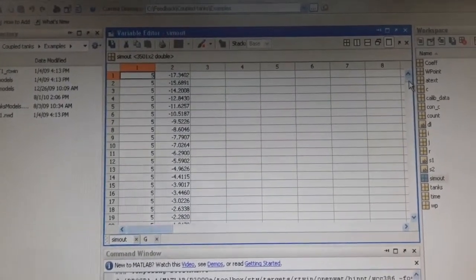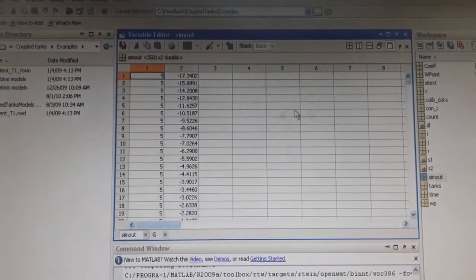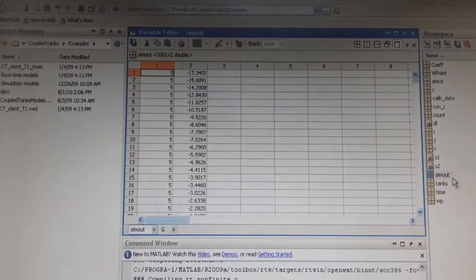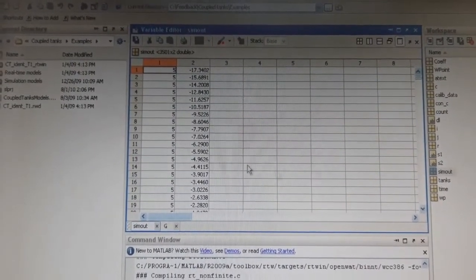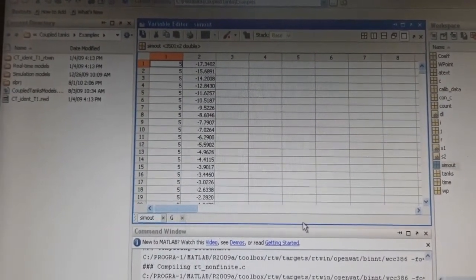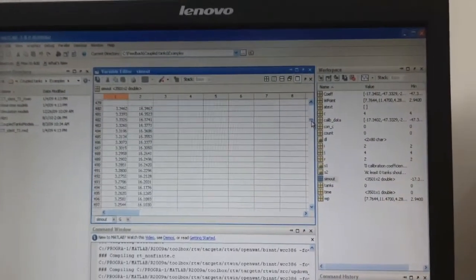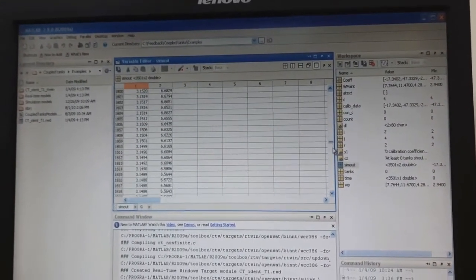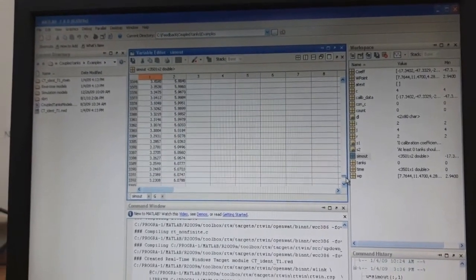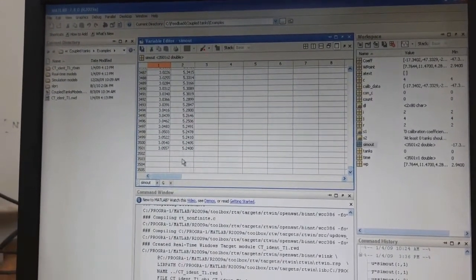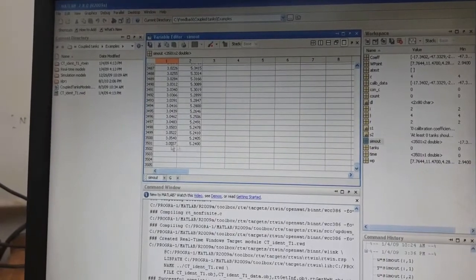One is input, another is output. If we directly use system identification with this sim out variable, it will not work. So we have to first separate it out, which we can do easily. We can take the first column as the control inputs, and the second column as the output, that means the level of the tank.